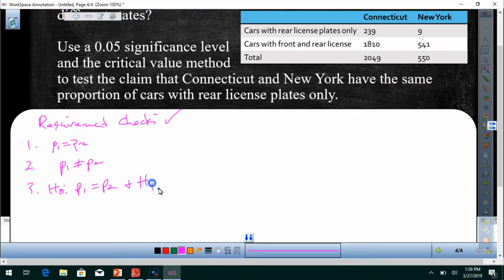And the alternate hypothesis, P sub 1 is not equal to P sub 2. 4, alpha, all of this is the same no matter which method you're using. And 5, P bar equals, and we did that on the other page, P bar equals